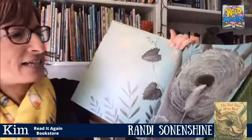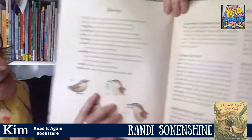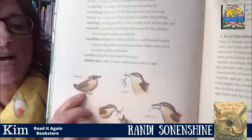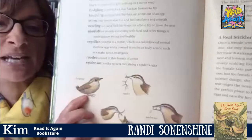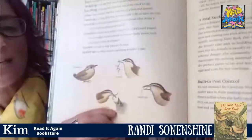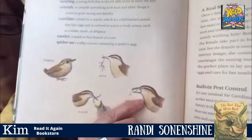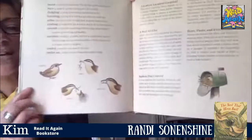And then in the back, there's a glossary that defines some of those words for you, like it shows you up close a rootlet and a fledgling. The fledgling is a little bird who has feathers enough to keep him warm out of the nest and is ready to fly. And there's the mama or papa bird nourishing, feeding the young baby bird. There's a close-up of the spider sac. And then there are lots of extra facts there about wrens and a picture of a wren in a mailbox,